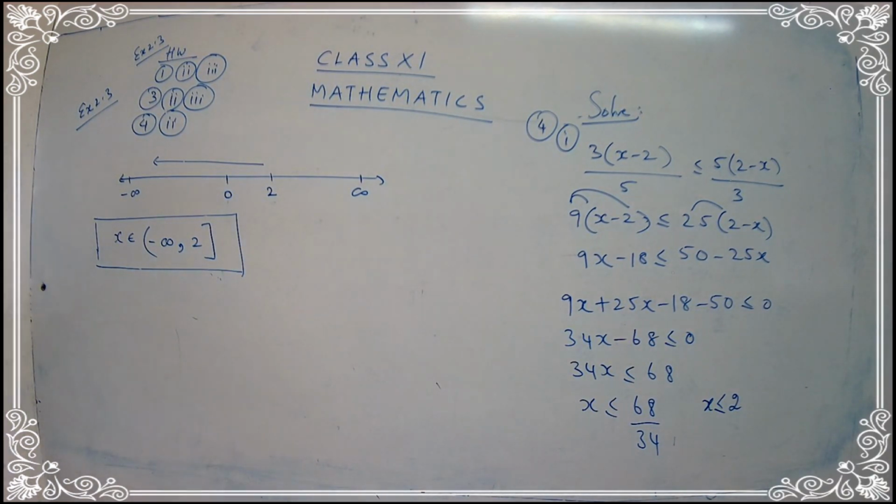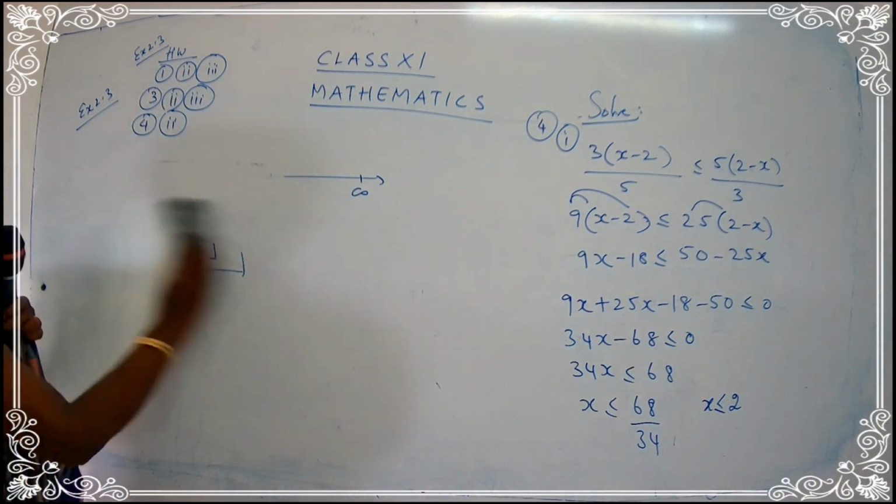Now let's go to sum number 5. Take question number 5. To secure A grade, one must obtain an average of 90 marks or more in 5 subjects, each of maximum 100 marks. Okay, so what is the total mark of a particular subject? The total mark is 100. And what is it asking? He should obtain an average of 90 marks. So here we are talking about the average sums. Okay, I hope you have taken this down. Shall I rub all this?